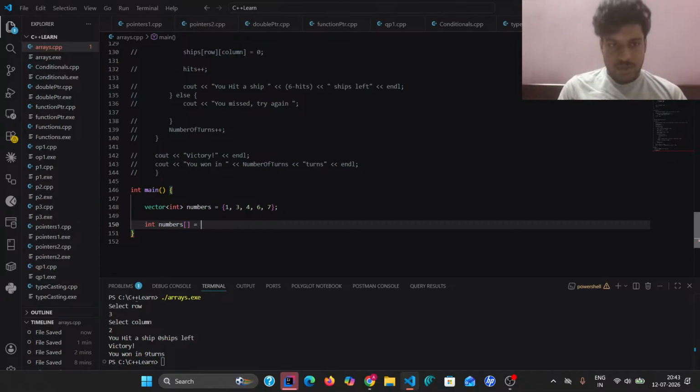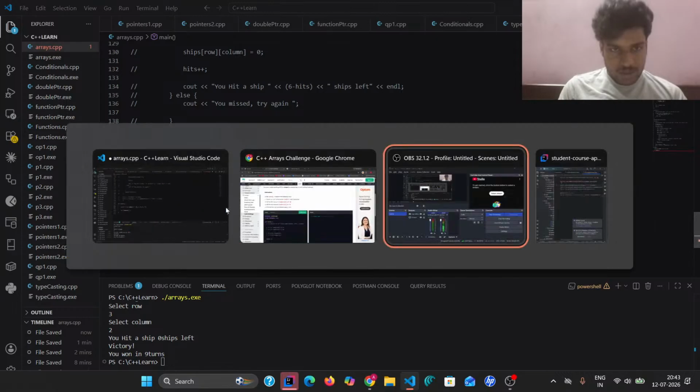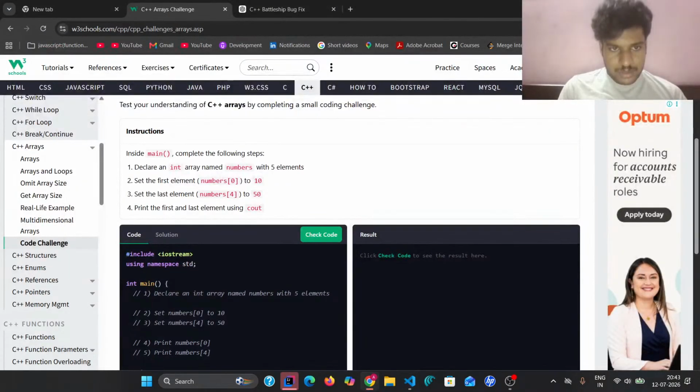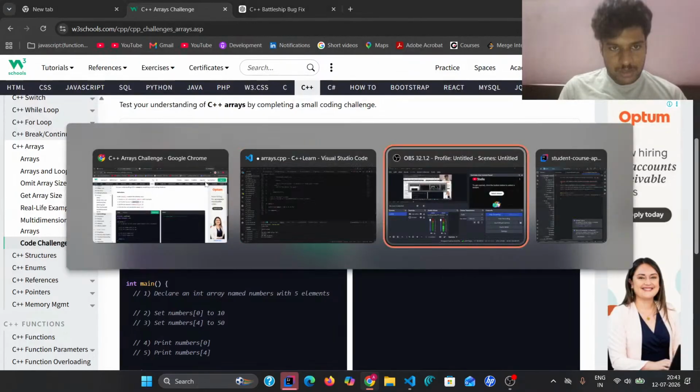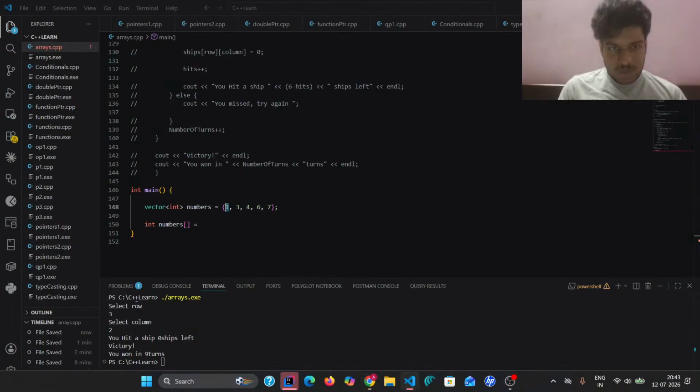So numbers, first element, this is the first element, right? Let me just check again. Numbers of 0, yeah, that is the first element. So let's do that. Set numbers of 0 to 10,